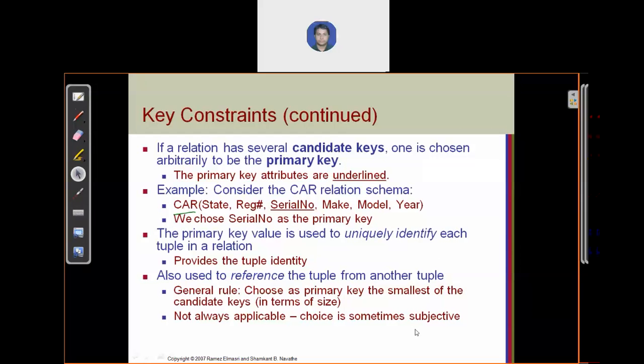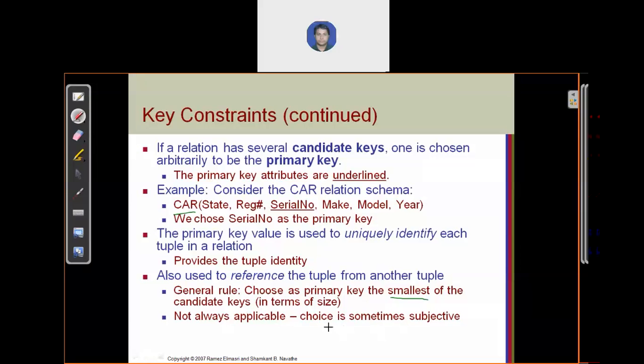Which primary key are you selecting? Suppose we have two or three options. Out of these candidate keys, you have to select one primary key. First, you see it should be the smallest. If it is, then it's good, but it's not a constraint. Always your primary key must be minimal. But if you have an option to select the key with the minimum number of attributes, you should go for that.